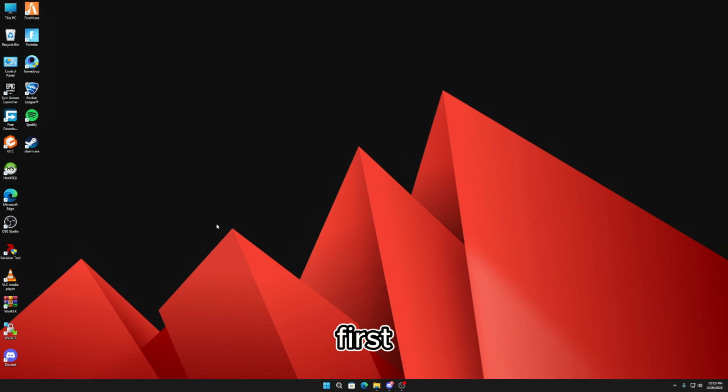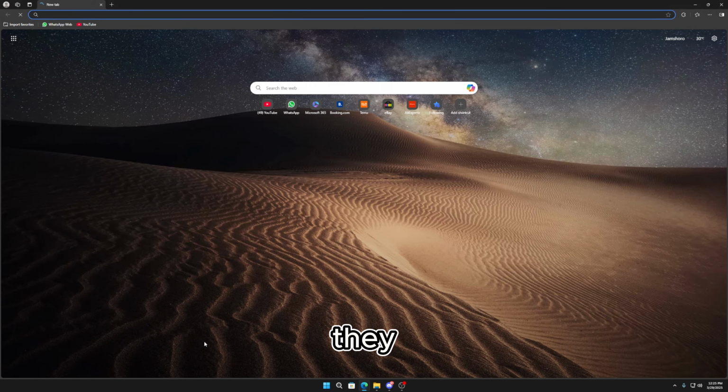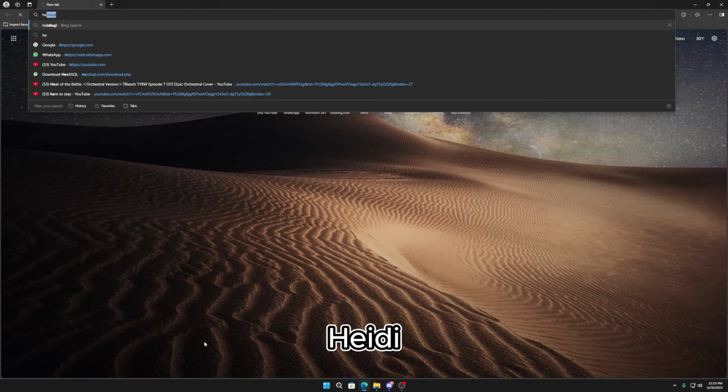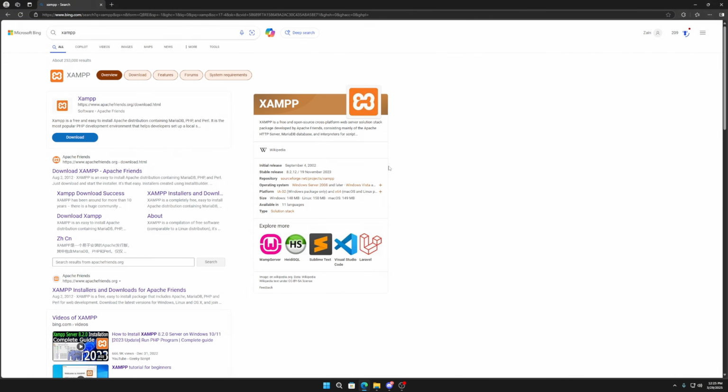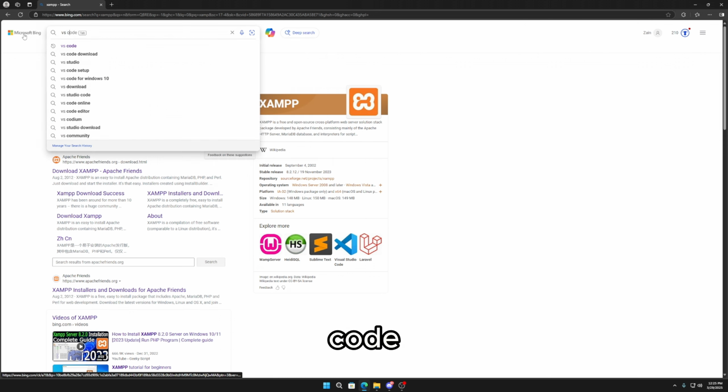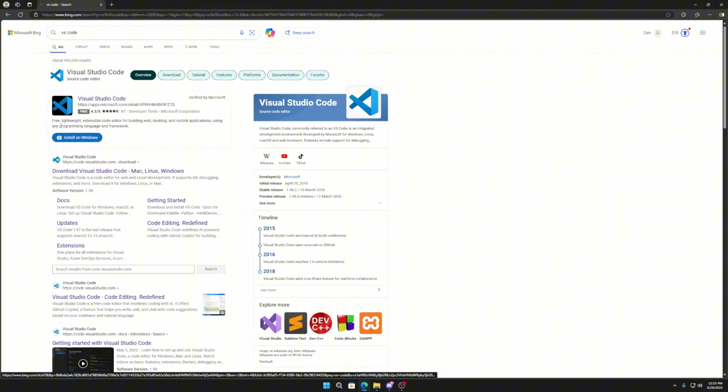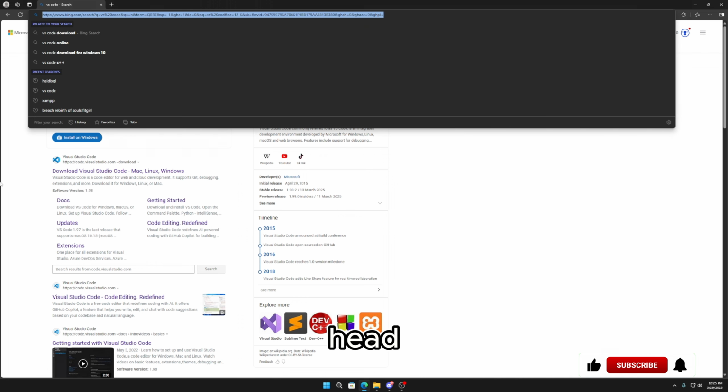So first, we will need a few software. The first is called HeidiSQL, and the second is called XAMPP. This one, and then VS Code. Make sure you have these installed. I will provide the links for them in the description below. Once they are done, we will head over to and then search